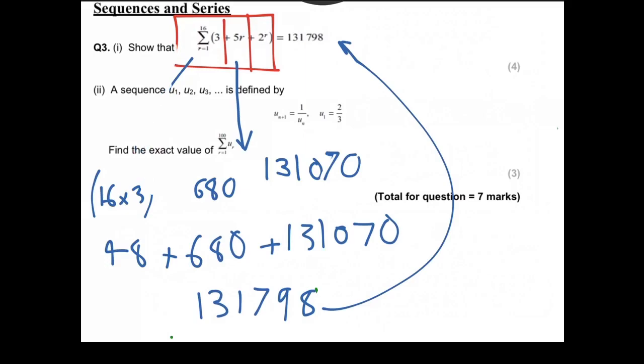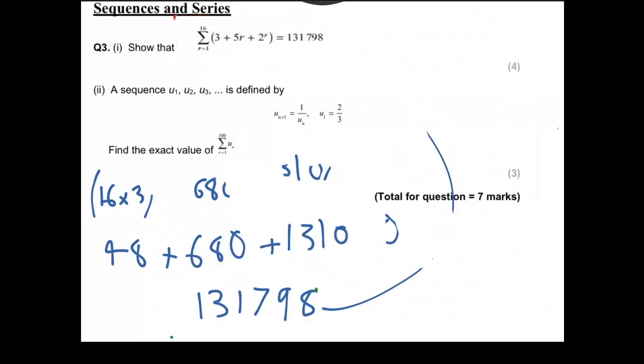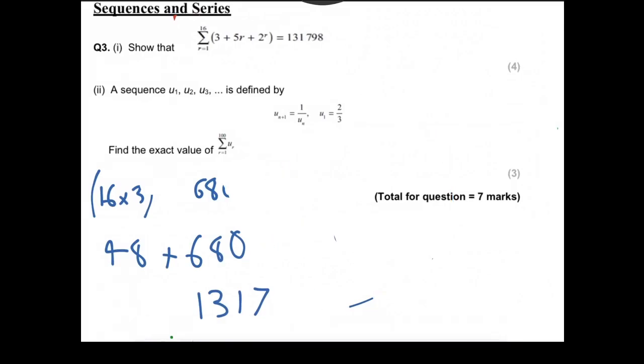Right, part 2 is completely disconnected from part 1 there. So in this one, we're asked to find the sum of the first 100 terms. So it's going to be a lot. We've got to figure out what's really going on. So our first term is 2/3, and we've got the recurrence relationship that the next term is the reciprocal of the first term. So if u1 is 2/3,